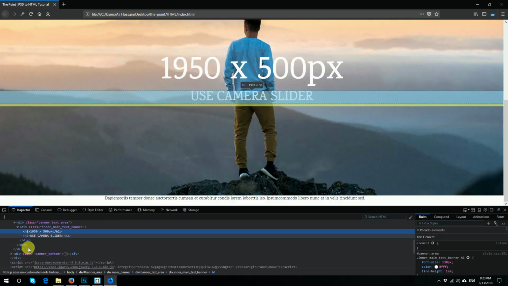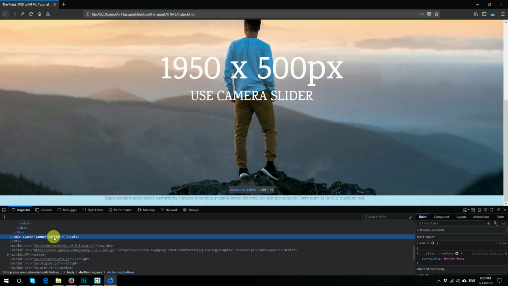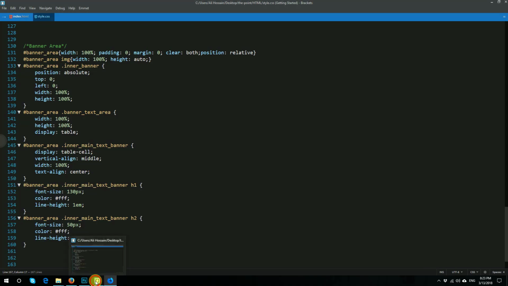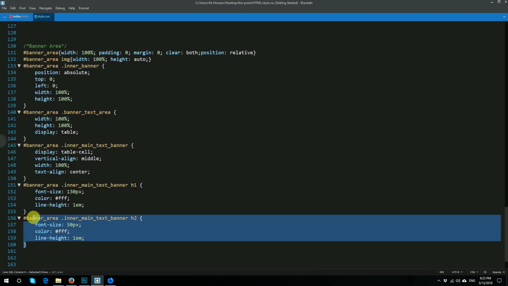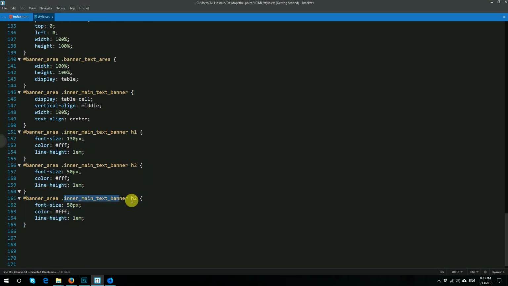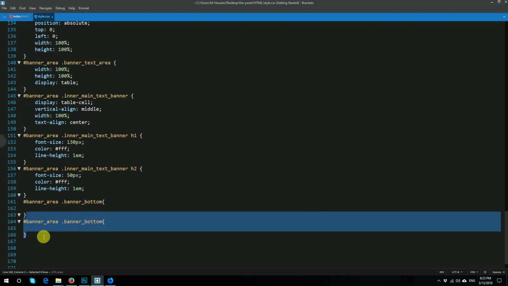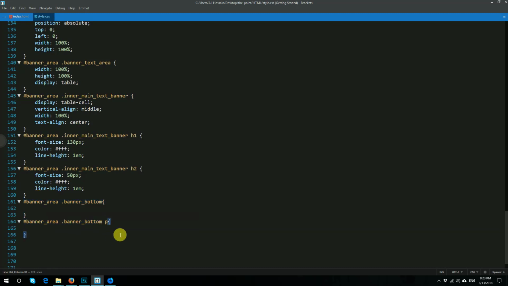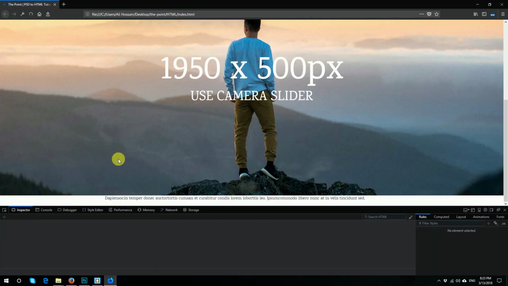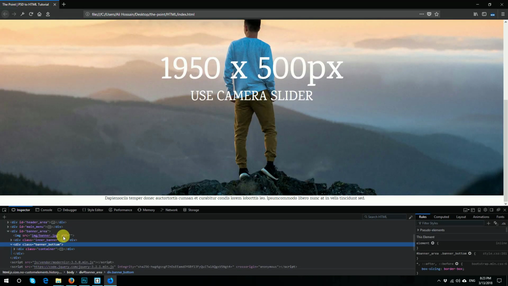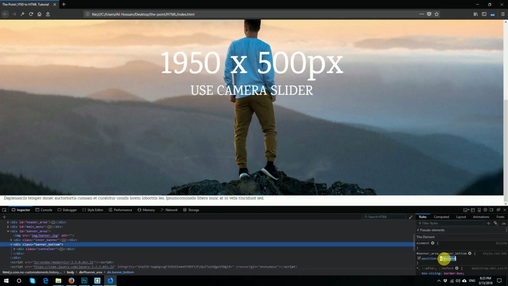So I will copy this banner bottom, and I will duplicate this one and replicate the banner bottom. We have a section called P in banner bottom, so I will just copy these two. Then now I will refresh, and then I will click the banner bottom section, and now I position absolute, bottom 0,